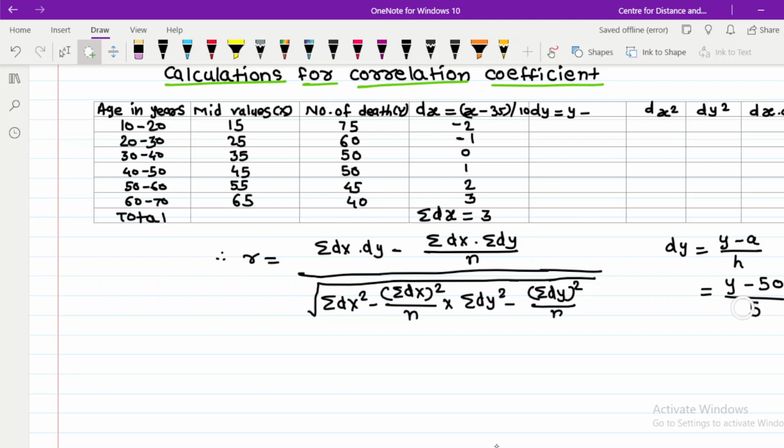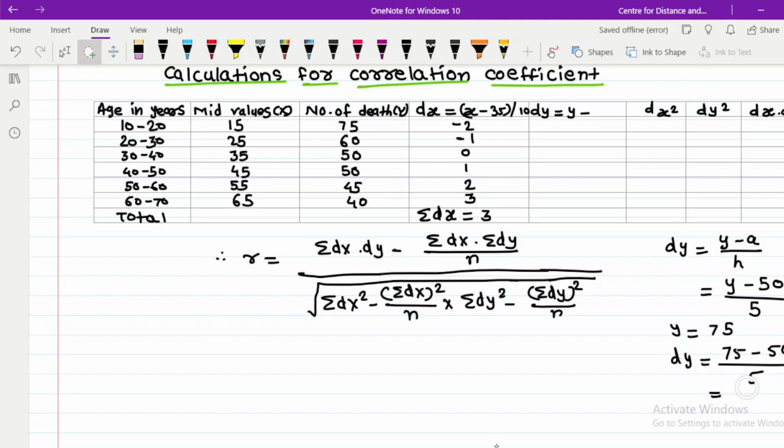Then for y equal to 75, dy is equal to 75 minus 50 divided by 5,